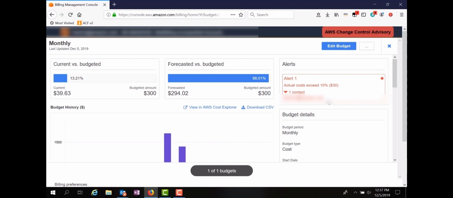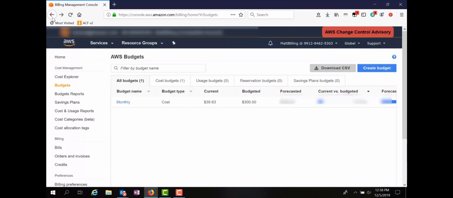You can also do it by usage. So you can look at the usage of different services within your AWS account. There's a lot of granularity here that you can set up so that you can make sure that you're within your budgets. For example, this account's used to create classes, so we can make sure that in creating a particular class, in testing the labs, we don't exceed a particular budget, in this case $300. That changes. Obviously, you saw earlier in the year that we incurred a lot more costs because it was a different kind of class that was more resource intensive.